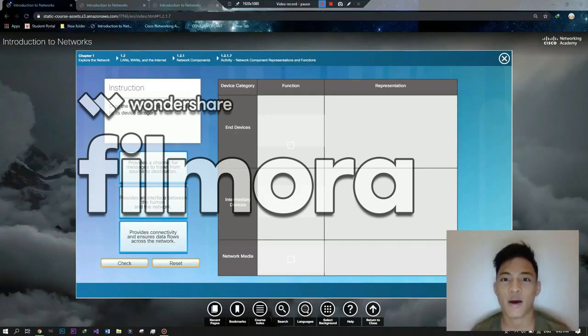So hi guys, now I will show you the activities that we have answered in chapter 1, Explore the Network. As you can see, there are 3 choices here. So we have to drag the network component function to its device category. It says provides a channel for message to travel from source to destination. So I think it's